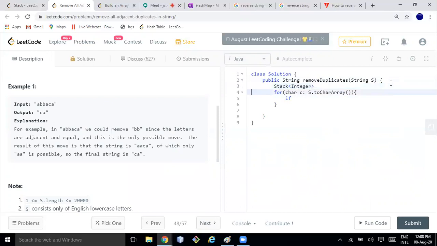So Stack of integer, stack is equal to new Stack. Then I'll check if stack dot size is equal to 0, case number 1. Otherwise, it has some value. If the stack is empty, then we can directly push it.